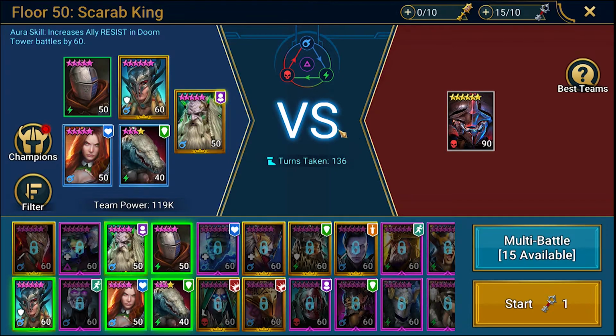So let me help you understand why we have this particular team set up. I wanted to run some teams because Scarab King is hella hard. Do not get me wrong, he is hella hard. In most of my other videos, before I got the two legendaries that you see on my screen here, I had to manual this boss because we just didn't have enough shields,